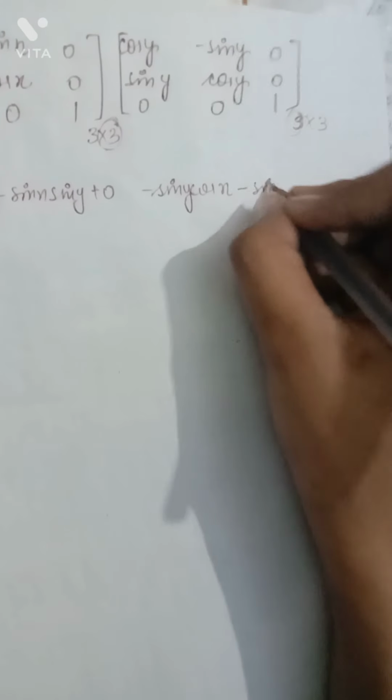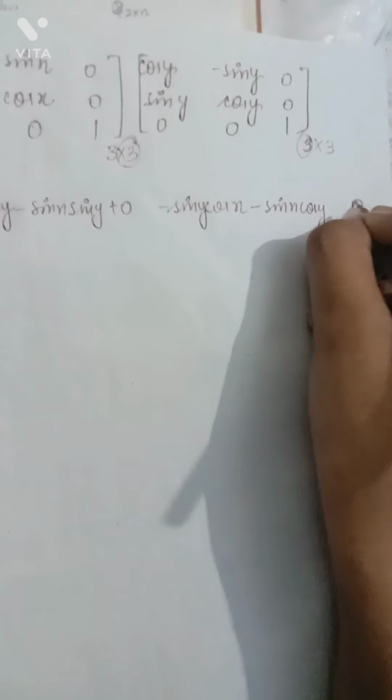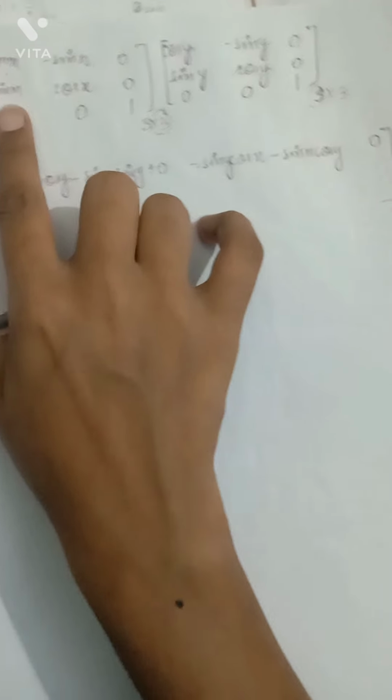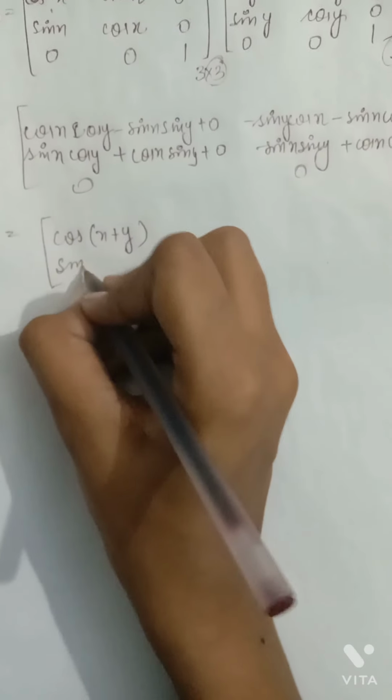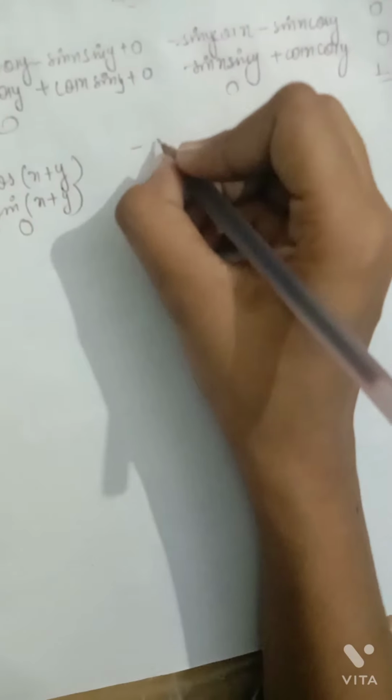Now we have multiplied this, so we calculate: cos x cos y minus sin x sin y can be written as cos(x plus y). Sin x cos y plus cos x sin y can be written as sin(x plus y), and 0 is 0. Now sin x cos y and cos x sin y can be written as minus sin(x plus y),